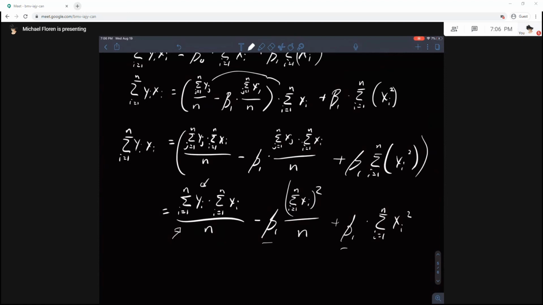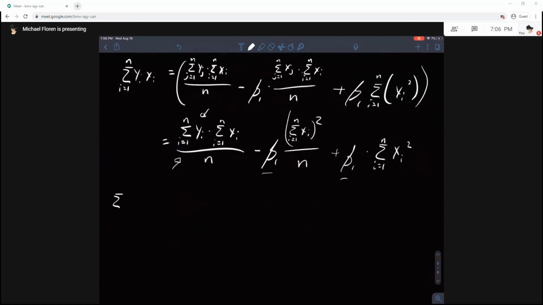So we're going to get the sum from i equals 1 to n of y sub i x sub i minus the sum of i equals 1 to n of y sub i times the sum of i equals 1 to n of x sub i, and these are distinct sums. So instead of using different letters, I'll just write them in parentheses there, divided by n,